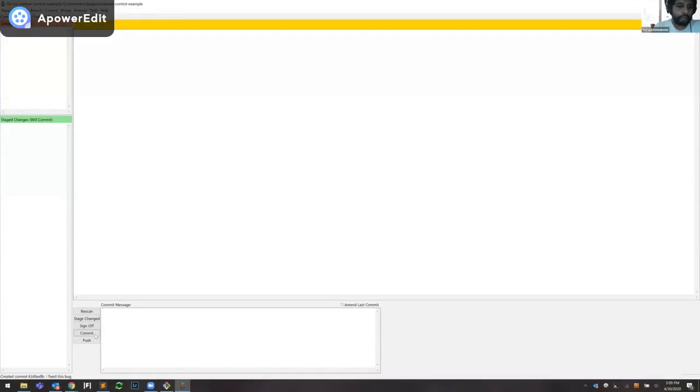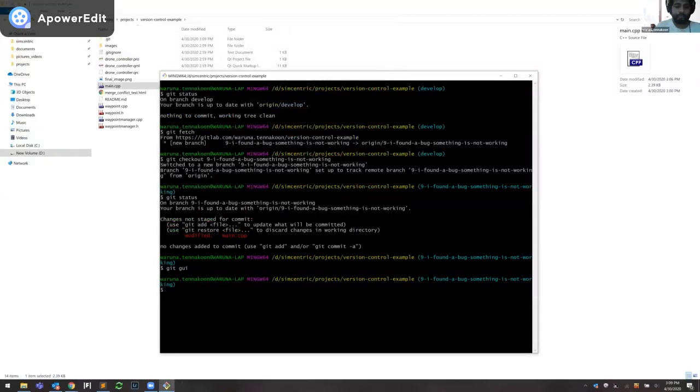So how to do that? You just have to click push here, or else you can type git push here as well. So without actually typing the commands, I have staged a file, created the commit, and I could have pushed the code as well, but instead I'm typing the command here to push the change.